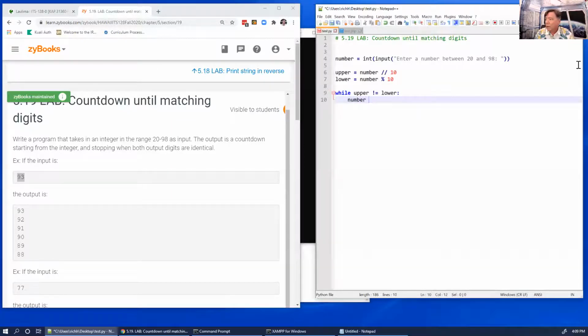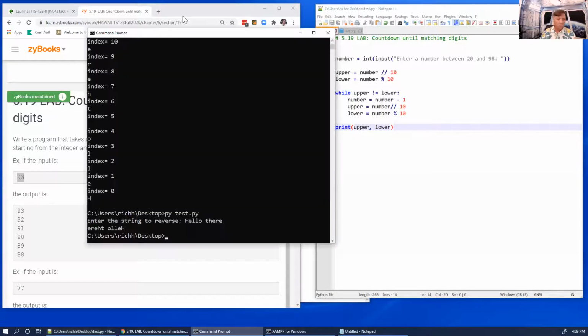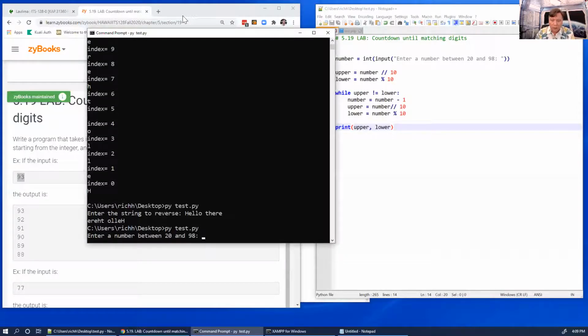Number equals number minus 1, or we could do the shortcut way, but whatever. And then let's do this again. Upper equals number integer divide 10, and lower equals number mod 10. And we're going to go until it's done, and then we'll just print upper and lower. Let's see what this does. Uh, 97,